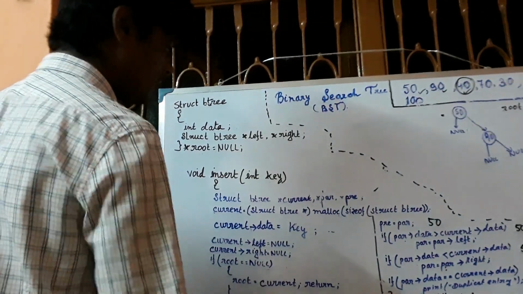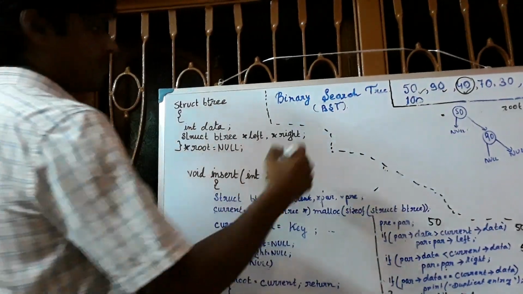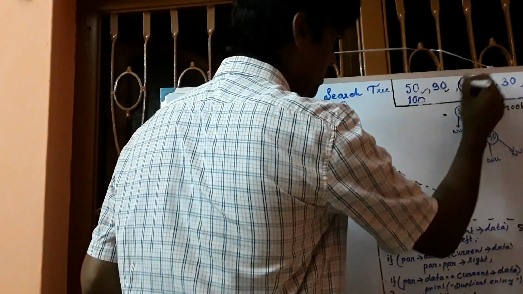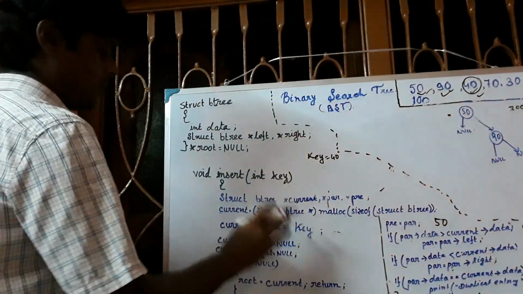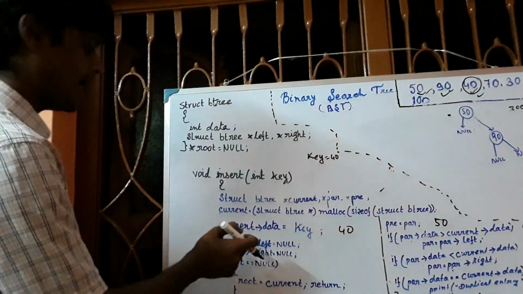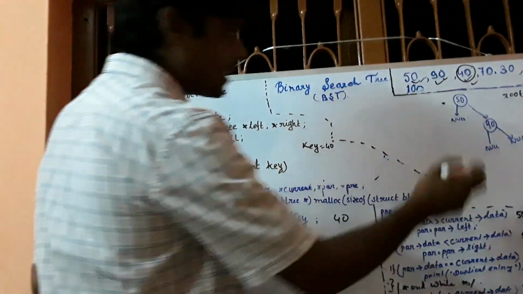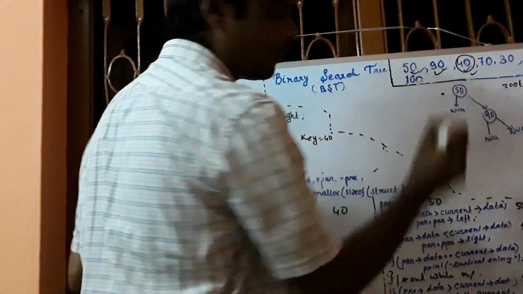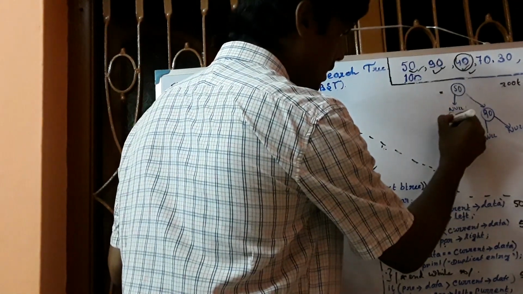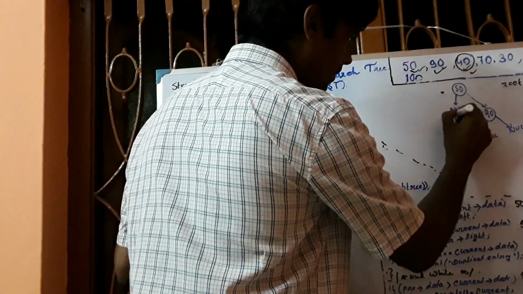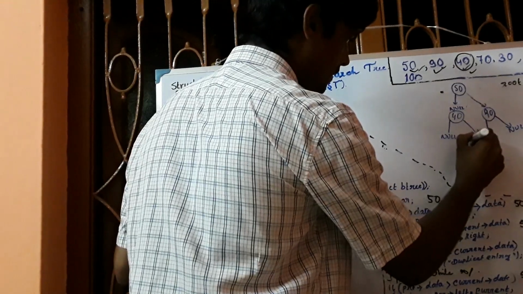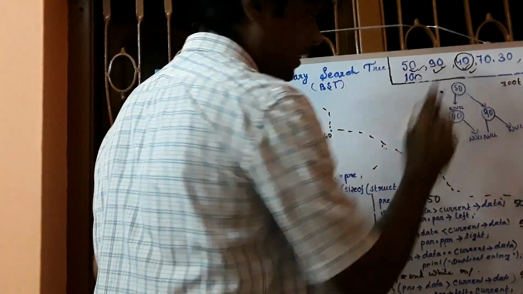Now, what is key now? Key will become my 40 because the new value is 40, because I am working for this one right now. Because this is done, this is done. Now current is my 40, so I can write 40. Current arrow left null, current arrow right null. So I can assume 40 will be placed as a left child of 50. They are not linked. So I just write here 40, and its left child is null and right child is null. They are not linked, remember?